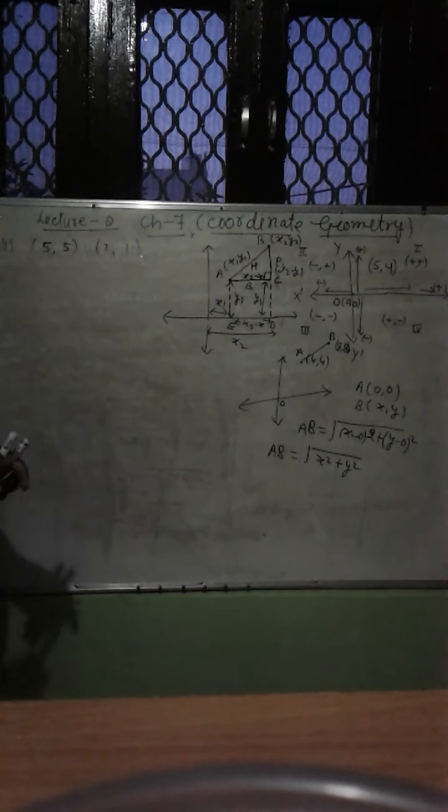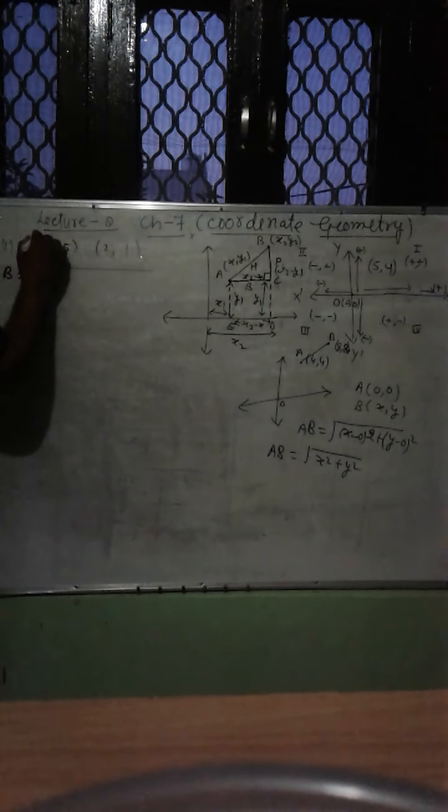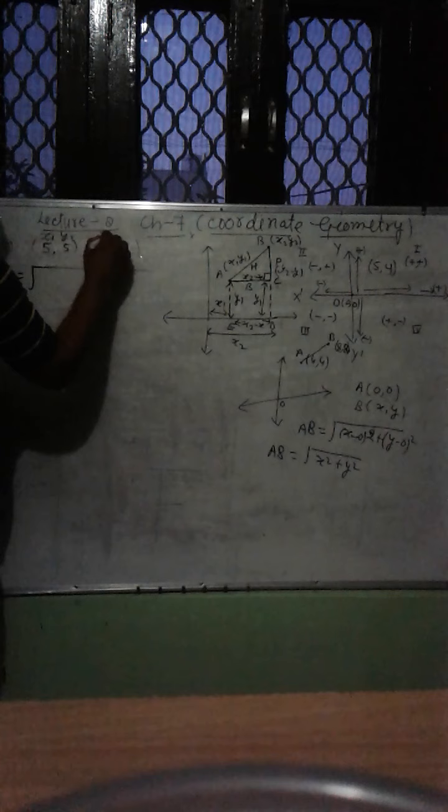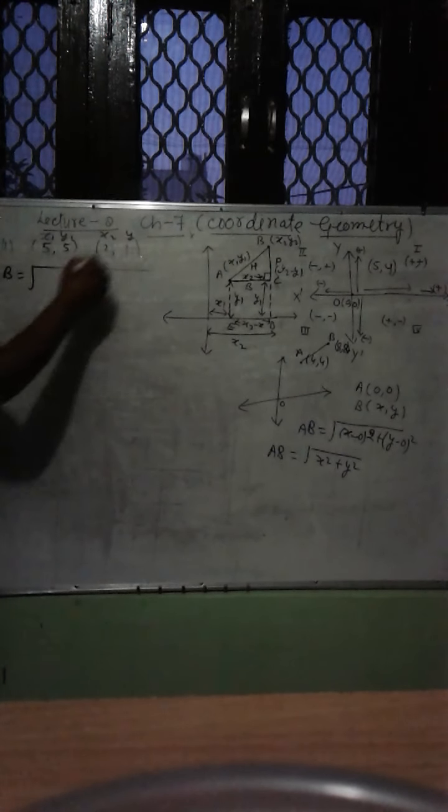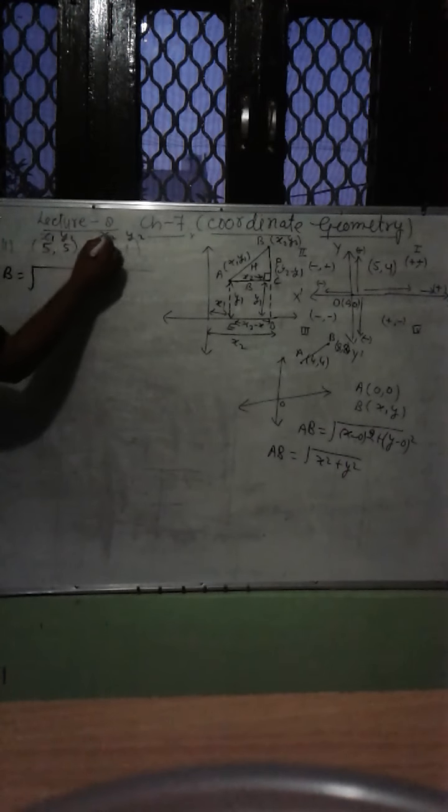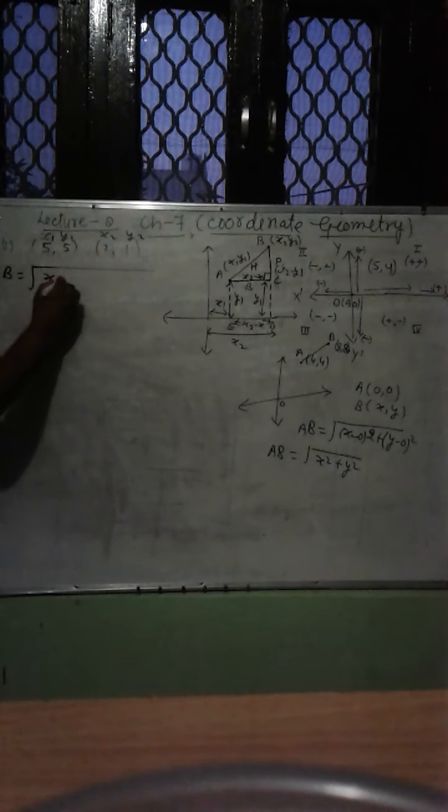Then find the value of AB. We apply it directly. The distance of AB is, for example, this is x1, y1, x2, y2. Now the distance of AB is x2 minus x1 to the whole power